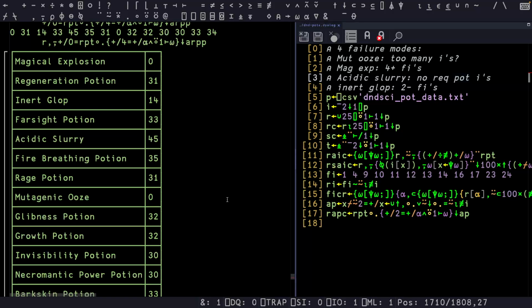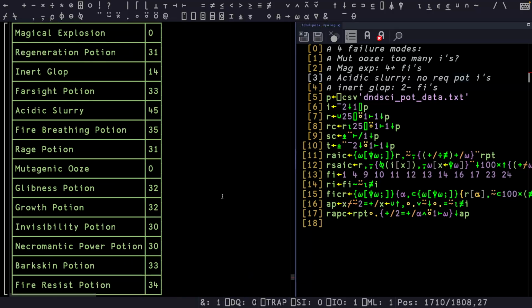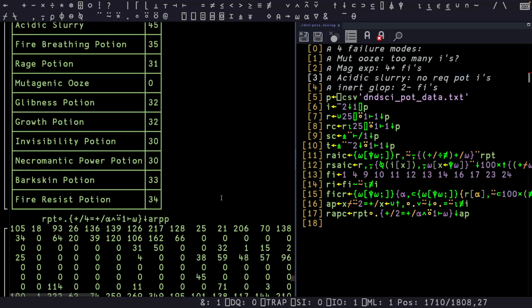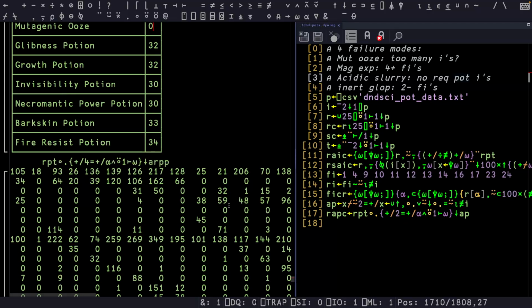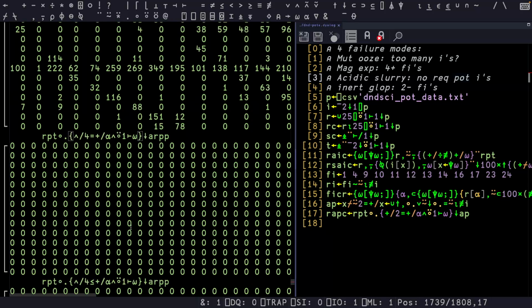But the converse is not true, where every instance of mutagenic ooze contains one or more required pair. I'm just double checking here. So sum